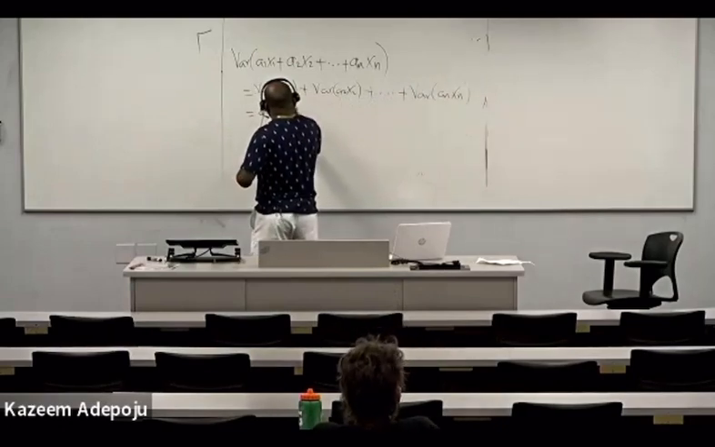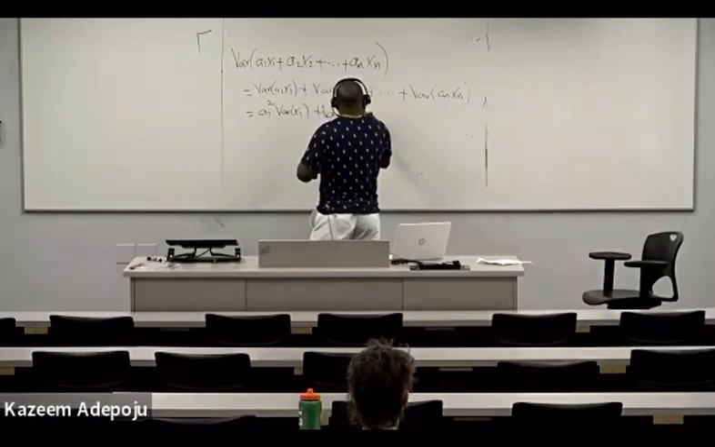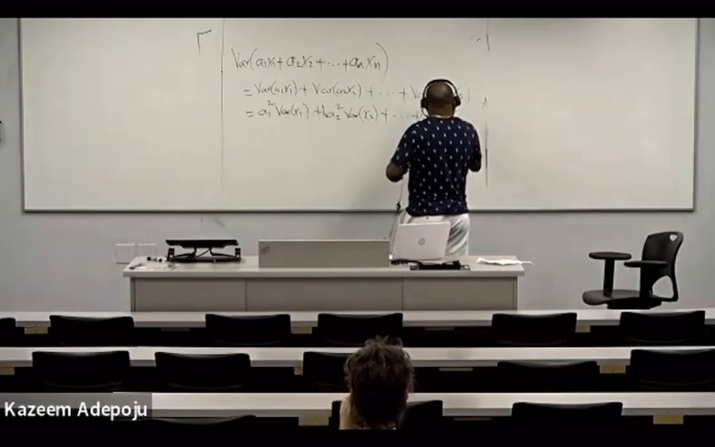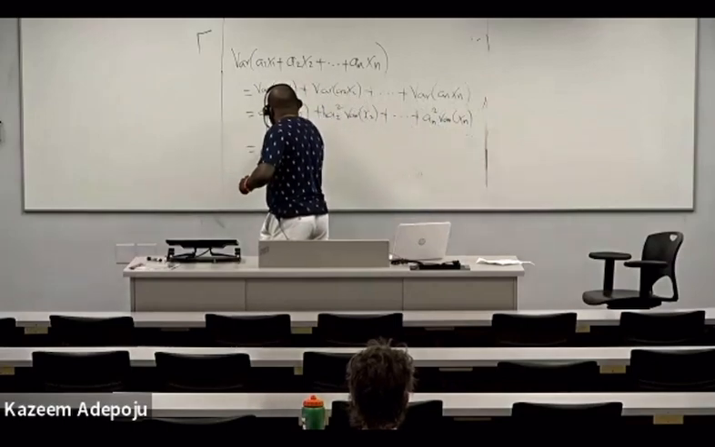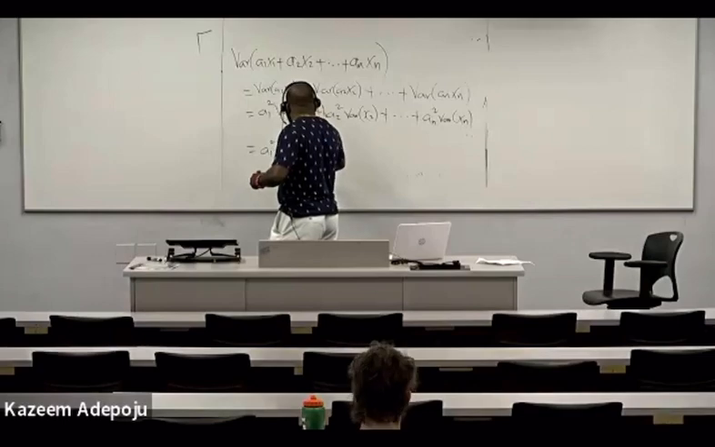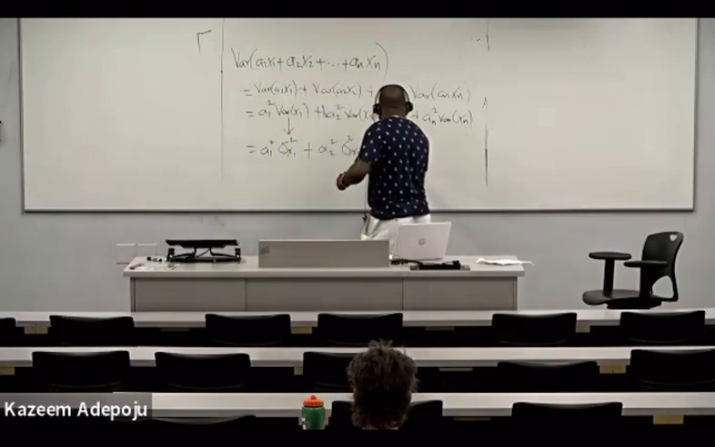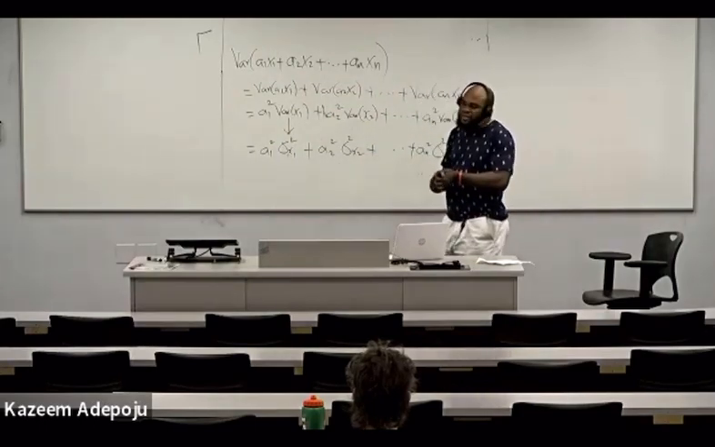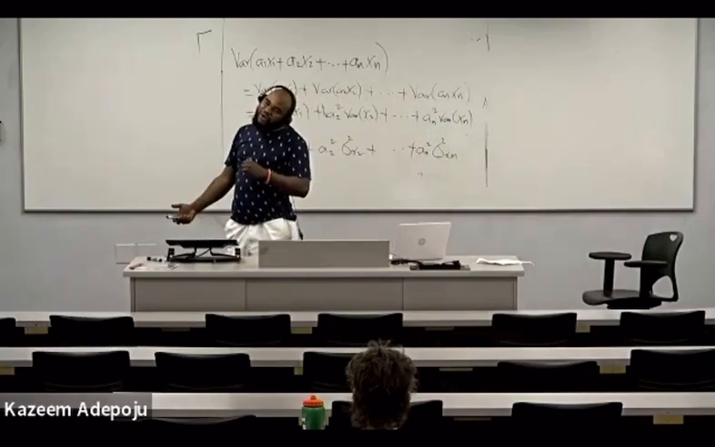So I'm actually going to have this plus a2 squared variance of x2 until I get to an squared variance of xn. Okay, and I can rewrite this as a1 squared sigma x1 squared plus a2 squared sigma x2 squared, until I get to an squared sigma xn squared. Take a look at that. That is exactly what you are seeing on the board. If I want to write it in short form,